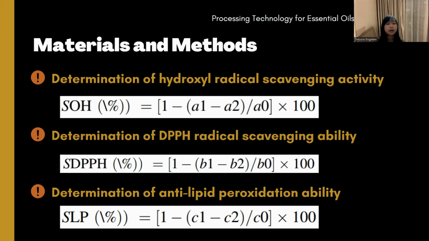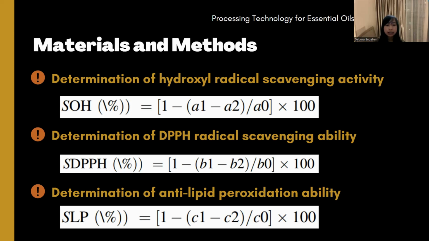So 1 milliliter of iron sulfate with 8 millimole per liter, and then 1 milliliter of salicylic acid ethanol solution with 8 millimole per liter, and 1 milliliter of hydrogen peroxide with 8 millimole per liter were added sequentially to 1 milliliter of polysaccharide solution with 6 variations: 0.125 milligram per liter, 0.25, 0.5, 1, 2, and the last one is 4 milligram per liter, to initiate